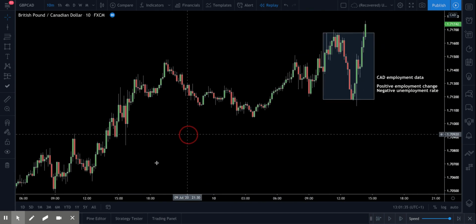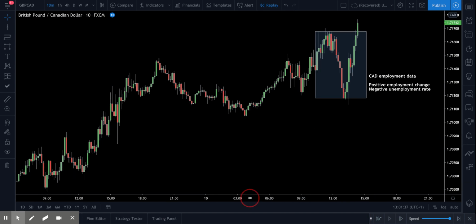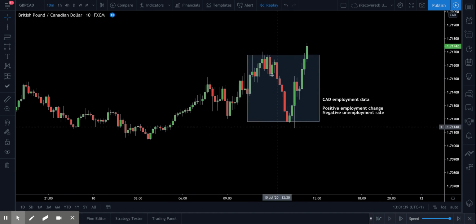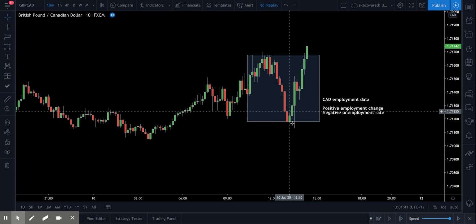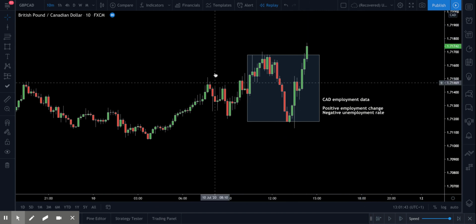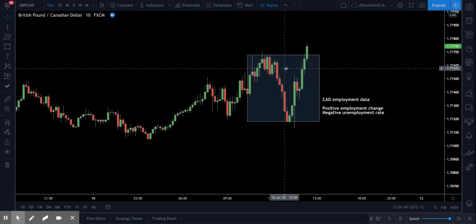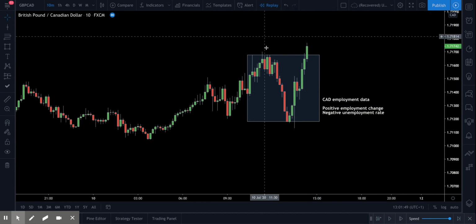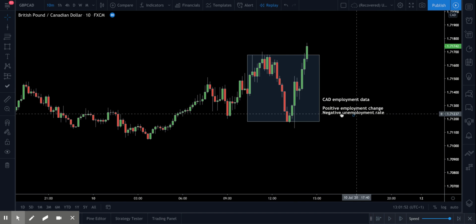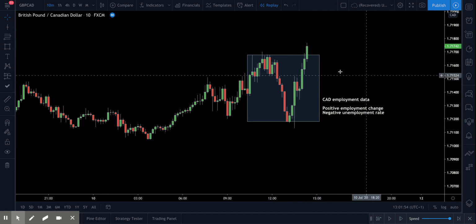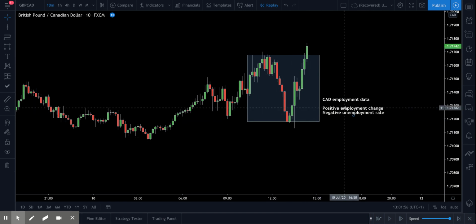So that's one example there, showing unemployment data and the spikes that come and the difficulty that can drive into the market as a result of economic data. Now, there's not really too much more to say. I could show you so many examples like this, but at the end of the day, you're just going to see a lot of messy spikes due to the market noise formed by speculation increasing around these economic data events.